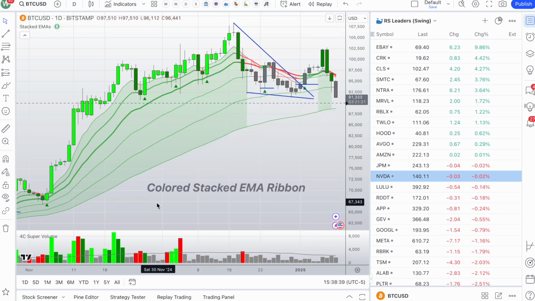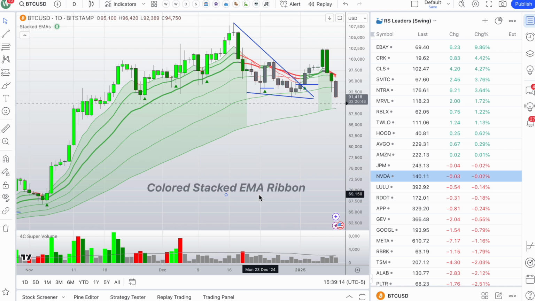So the stacked and the colors refers to all of the EMAs being in a bullish alignment. So some other EMA systems, they're looking at the close relative to the EMA. In this system, you're looking at the EMAs relative to each other. And the term stacked means that they're all stacked in a bullish alignment. So the 13 is above the 21, which is above the 34, on and on and on. And whatever you set your EMAs to, it could be 10, 20, 30, 40, they're all leveled on top of